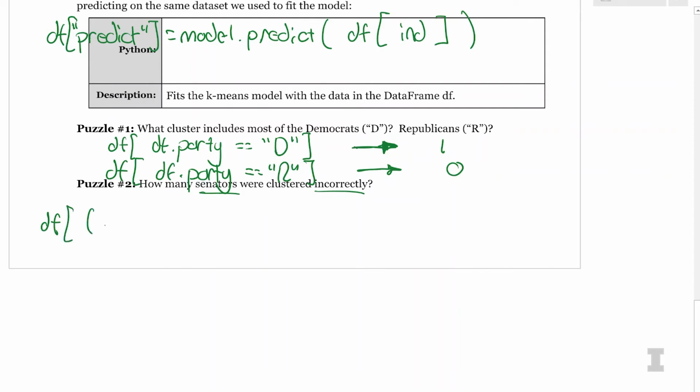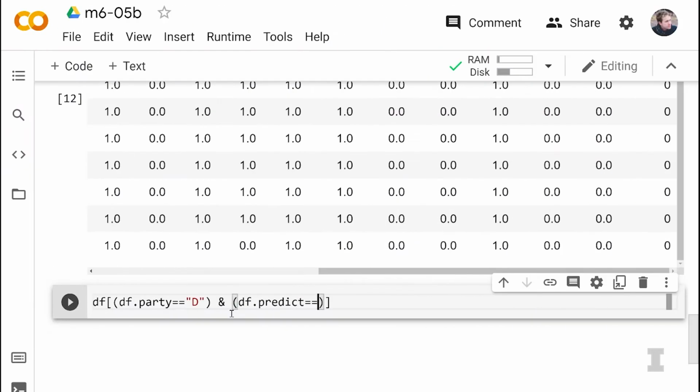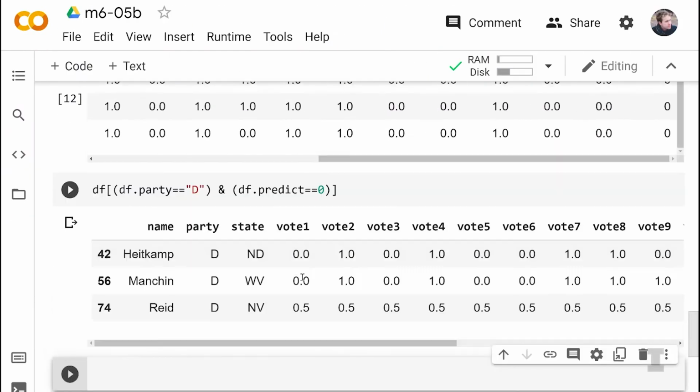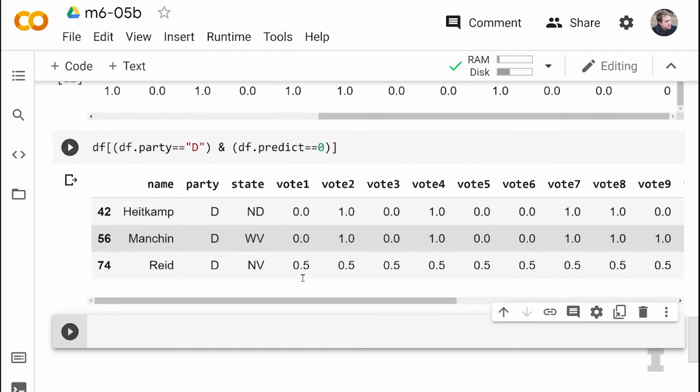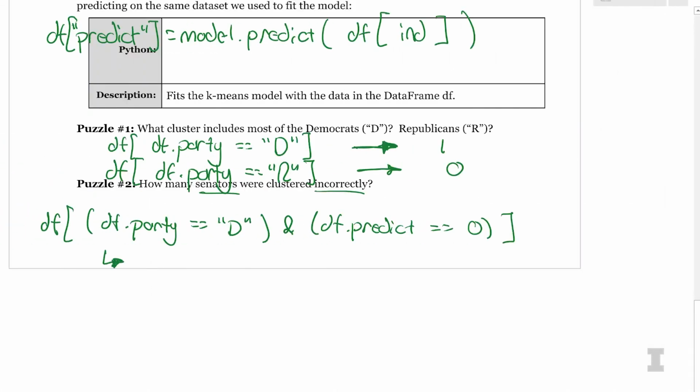So df at open parentheses, our first conditional is going to be df.party is equal to D. So we want the Democrats, and then we want to know when df.predict is equal to 0, because we identified cluster 0 as the cluster of Republicans. So how many Democrats were incorrectly classified by our clustering algorithm? There were 3 Democrats misclassified.